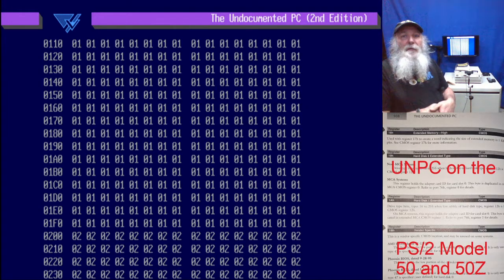And so for the Model 50 and 50Z, since it doesn't have the extended CMOS area, it doesn't know the number of slots on the system. And that's why that system information tool just says, hey, I give up. It's got 8 microchannel adapters. It doesn't know the true number, that there's only 4,